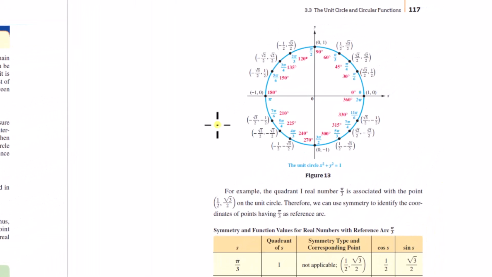And once you're done with trigonometry, you really should be able to reconstruct this entire circle with all of this information on it at the snap of a finger, at any moment. If someone says, construct a unit circle, you should be able to draw this out and put all this together. No problem. Now you might think, well, man, that's a lot. All this information here, I'm going to have to memorize all of this. No, because what you're about to see is that the way this is set up and defined, the only thing you're going to have to memorize is, if you would sit down with a blank piece of paper